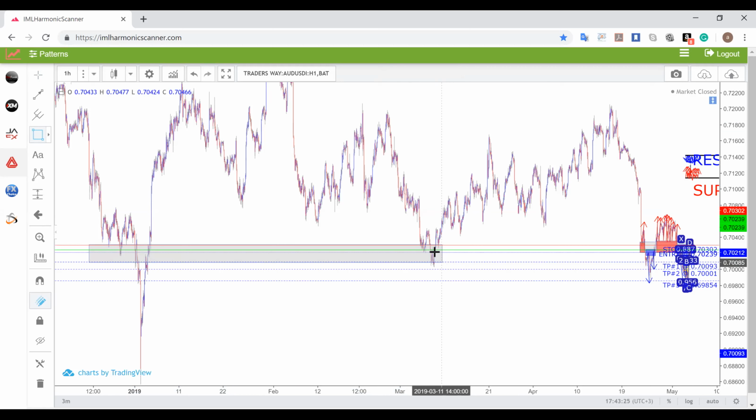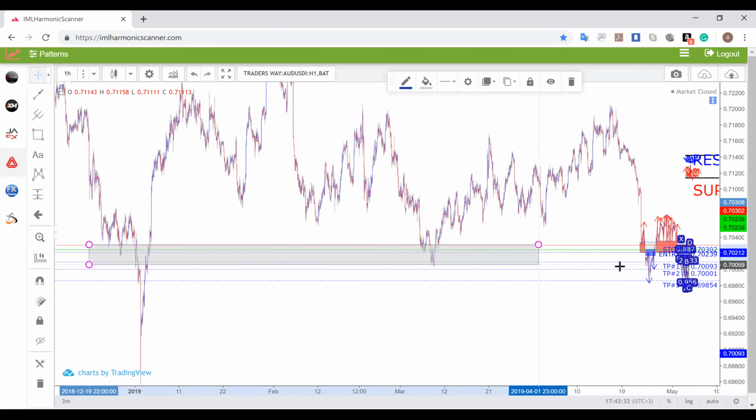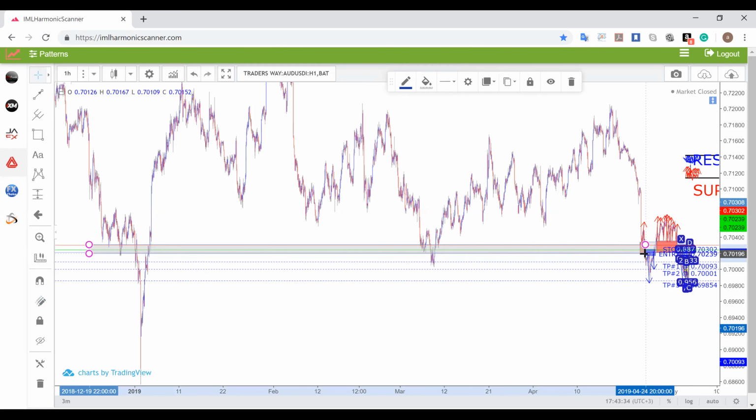If you look at it, you can go all the way back and it is going to be relevant. Look at this zone. It matches up with this previous zone that we have here, right? But we have all these arrows drawn. And if you look at it, we have